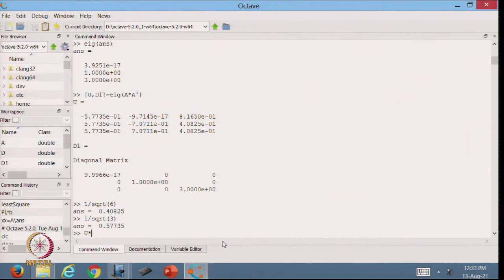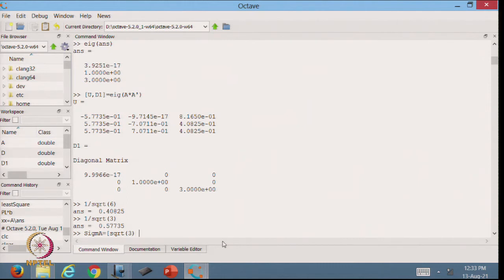Sigma is, as I told you, a matrix. Let me define sigma A. That matrix will have lambda 1, and lambda 1 is 3, so I can write it as square root 3,